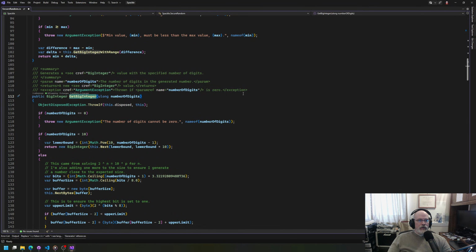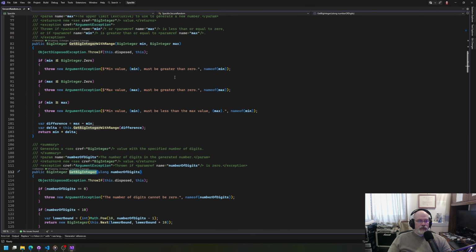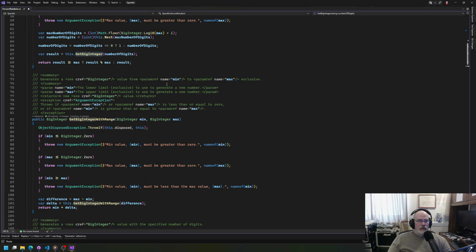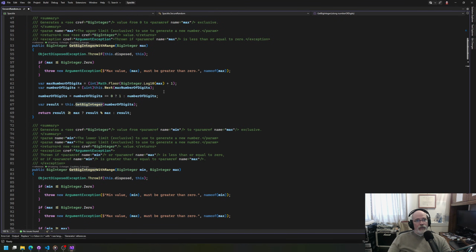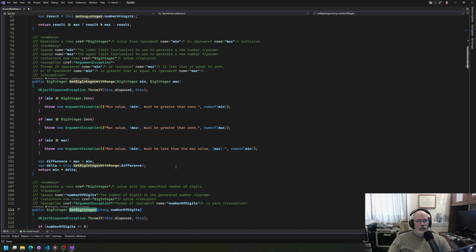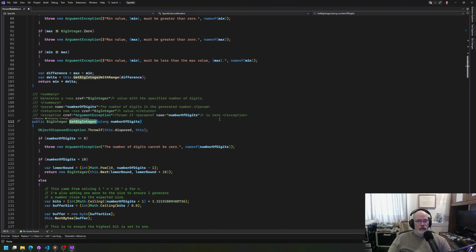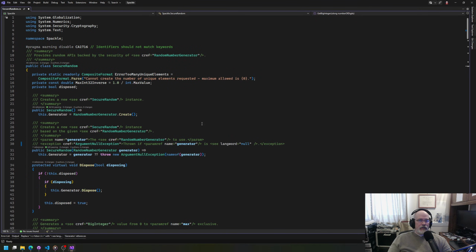So there's a big integer, you say, I want to get the number of bytes, number of digits. And then we have a range, and also range. That might be, because we could have just get big integer saying max, min, max, and then also the number of digits. Yeah, I like that idea. I like that. I think that cleans up a bunch of stuff with this that we just don't need anymore, and that becomes a